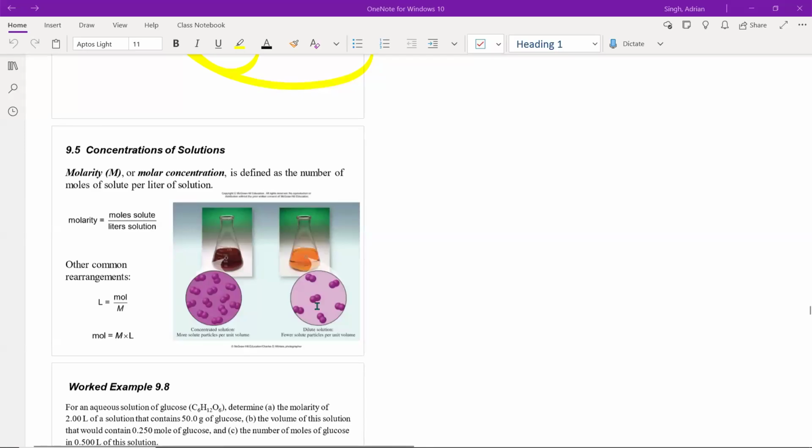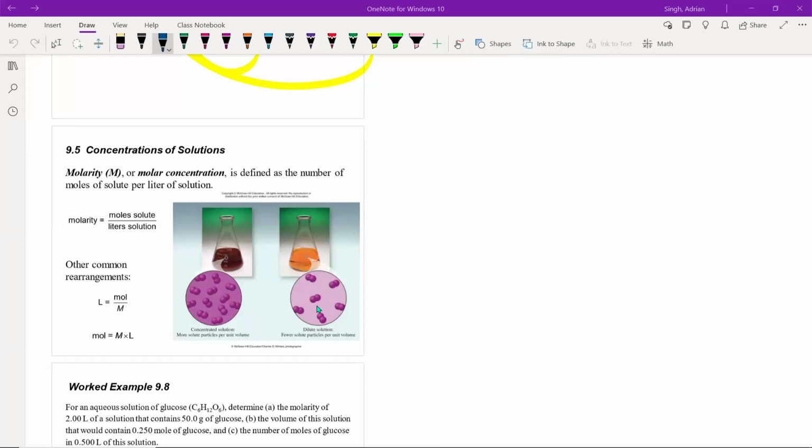Okay, so now we're going to take a look at some quantitative descriptions of aqueous solutions. And the first thing we're going to be taking a look at in this section is something known as the concentration of solutions. So generally, when we talk about concentration of a solution, what we usually mean here is a